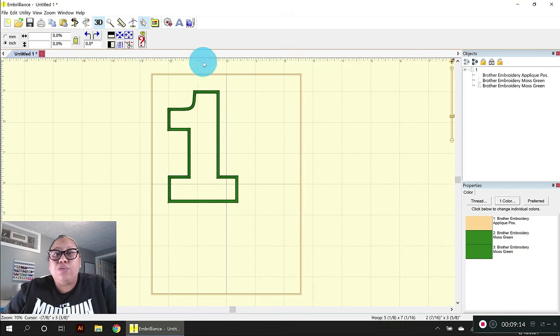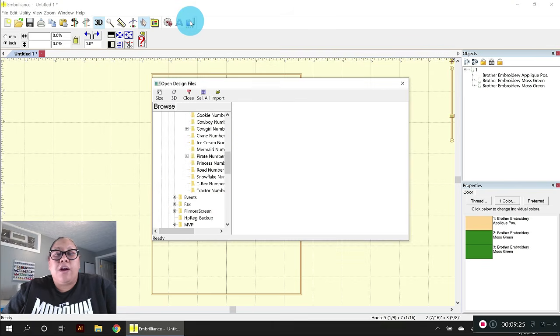So again, this is where you cannot do this with the free version because I'm going to merge a stitch file, meaning I'm going to have this stitch file, the #1 applique file, plus the Paw Patrol. So merge stitch. And reminder,